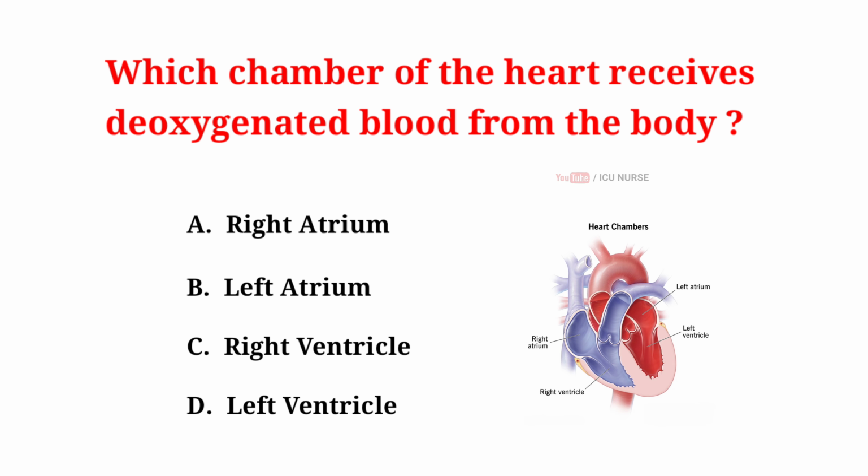Which chamber of the heart receives deoxygenated blood from the body? A. Right atrium. B. Left atrium. C. Right ventricle. D. Left ventricle. And the correct answer is